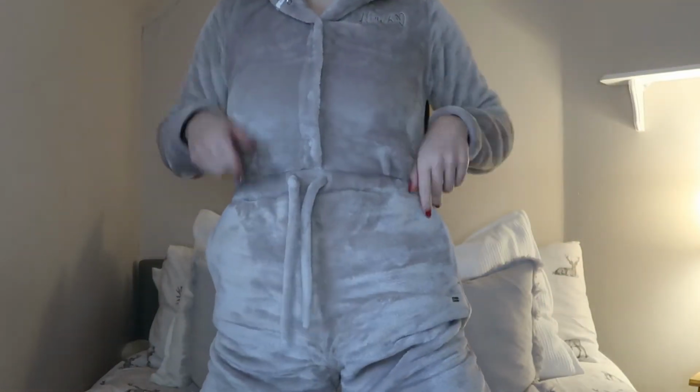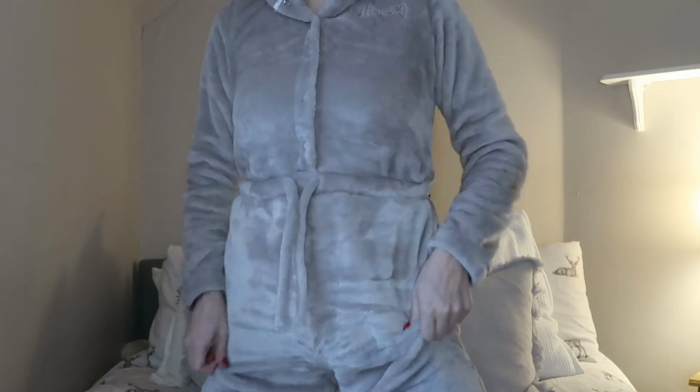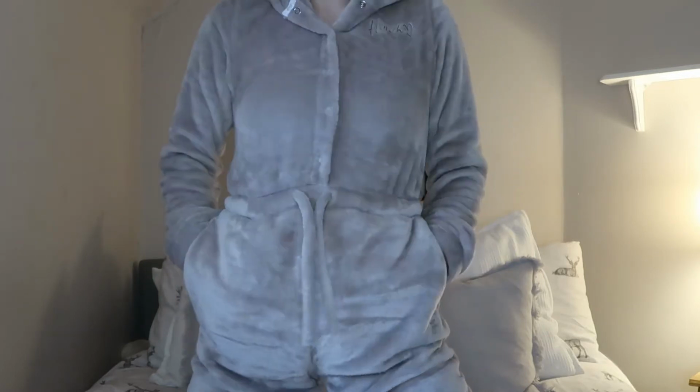What on earth am I wearing? So this is one of the Hinch winter range outfits, and it is the onesie. I'm going to step back on the bed a little bit so you can see. So this is the Hinch onesie. You've got a little drawstring waist, although I never tie it because I feel like there's always room needed. Lovely pockets. It's basically like stepping into a pair of furry leggings, and then this top bit here is poppers, and then the hood